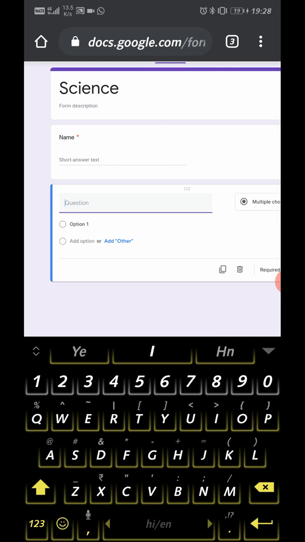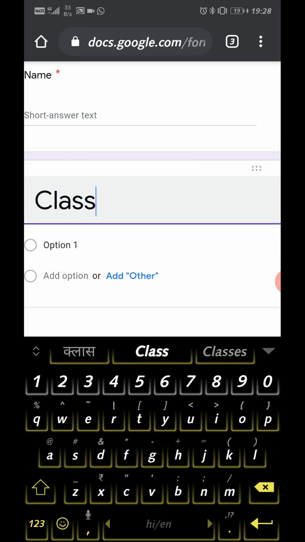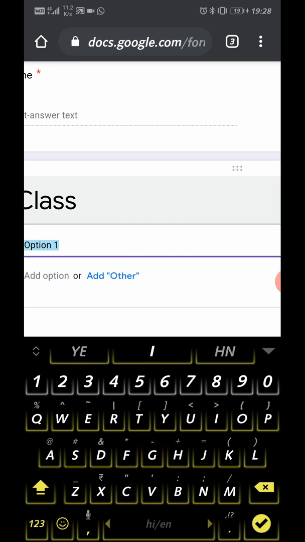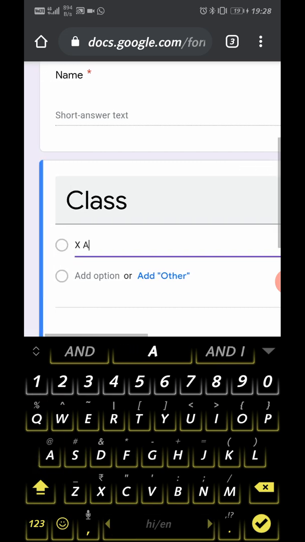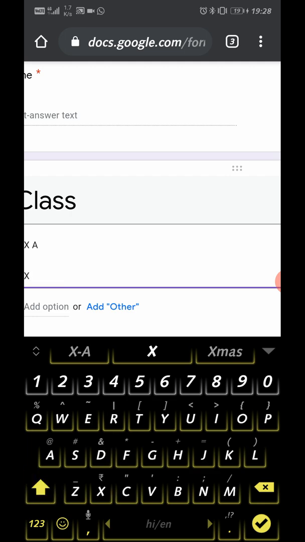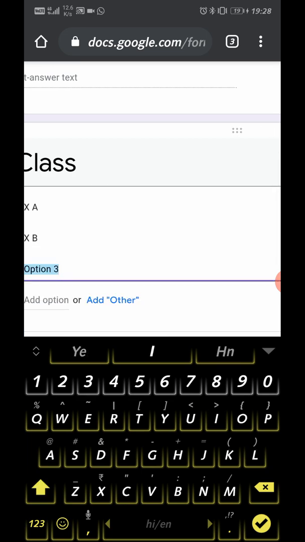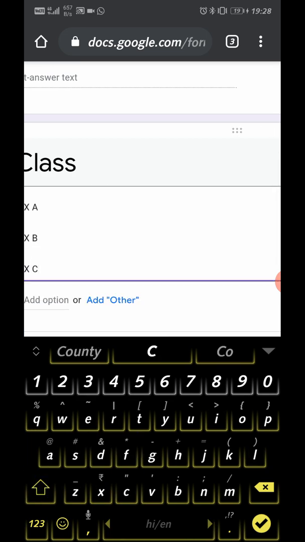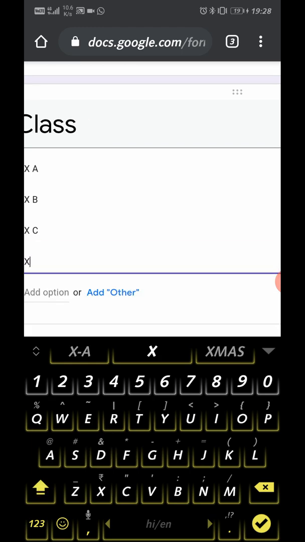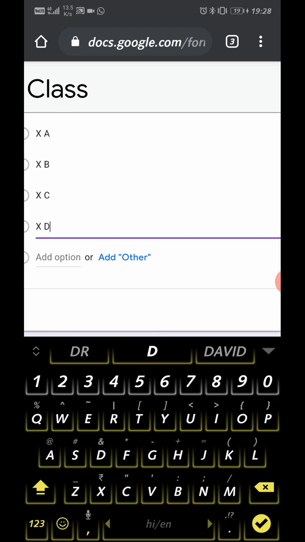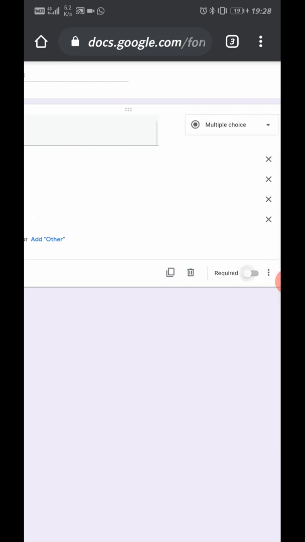Here if we are preparing an examination form for 10th class and we have 4 sections in 10th class, so we'll write here class, the options: first, 10th A, next option 10th B, another option 10th C, next option 10th D. If you have more sections you can add. Now make it also required.